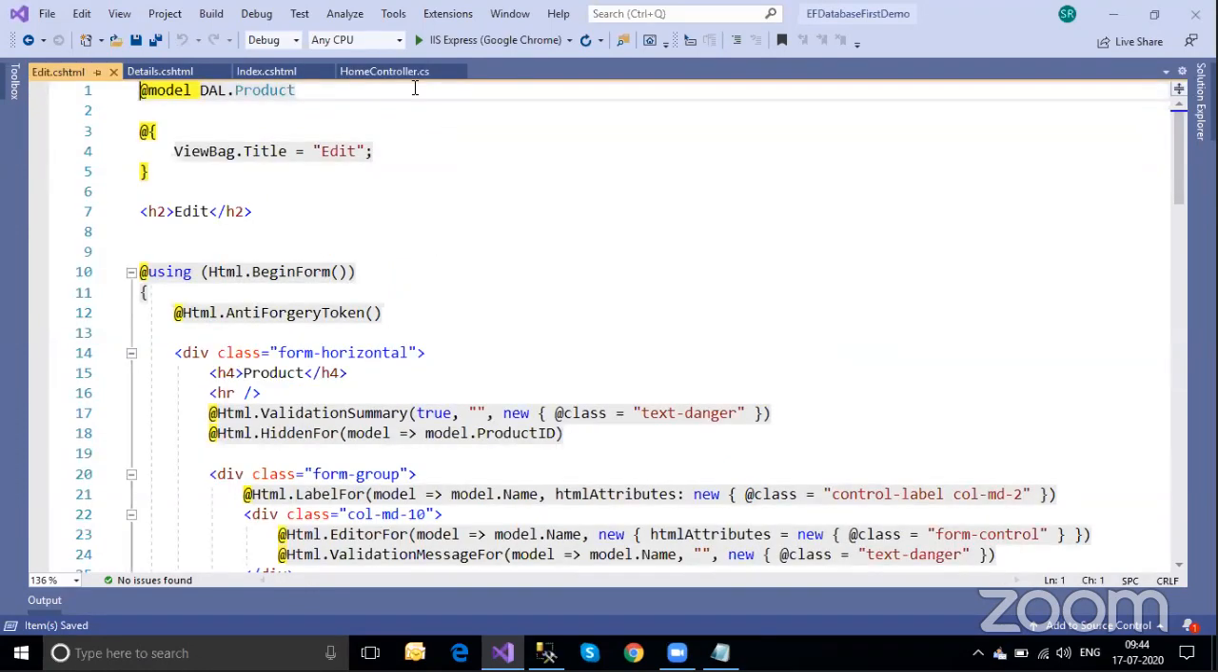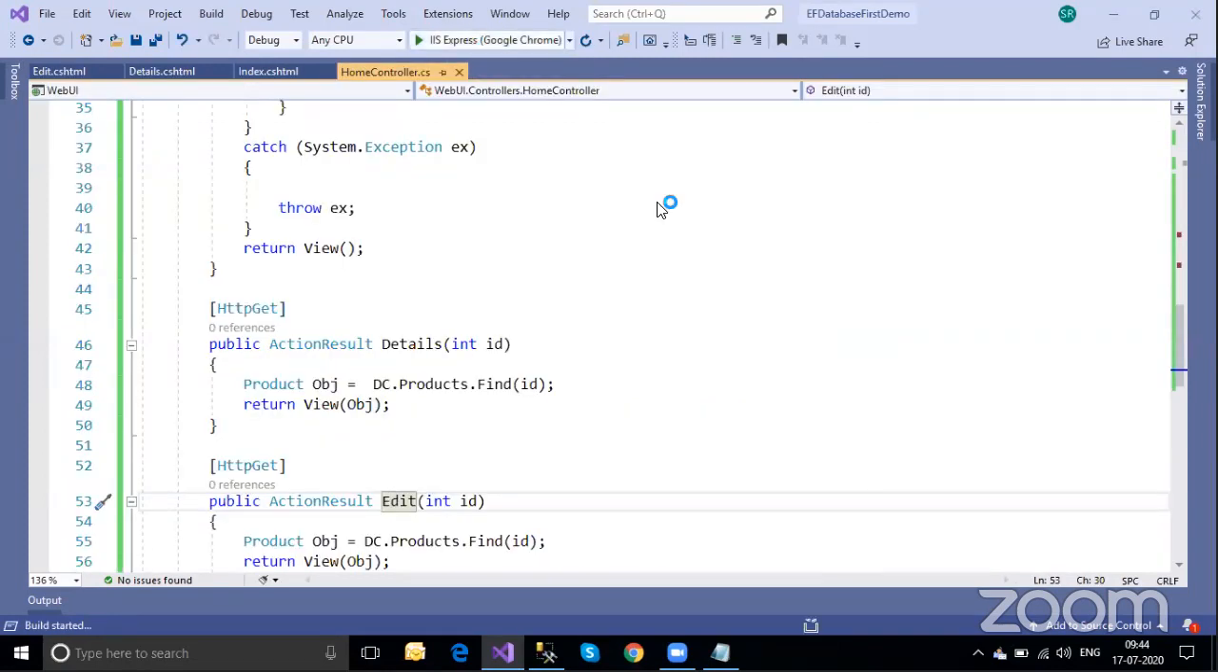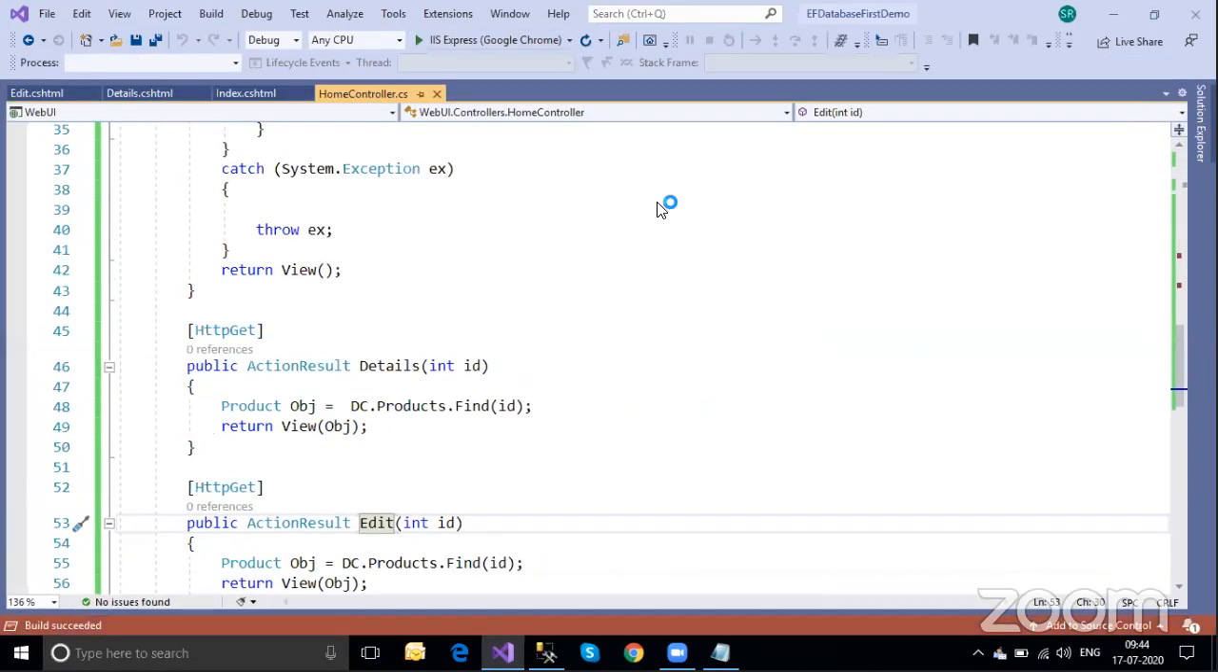And when I'm executing that once again, you can see the edit, if the user clicks on the edit button,